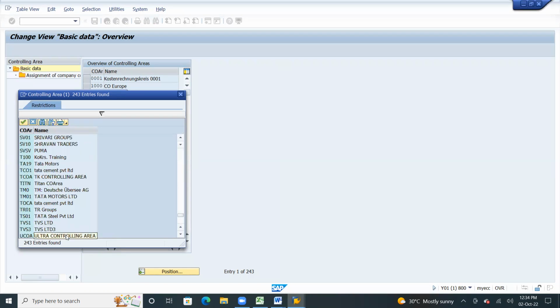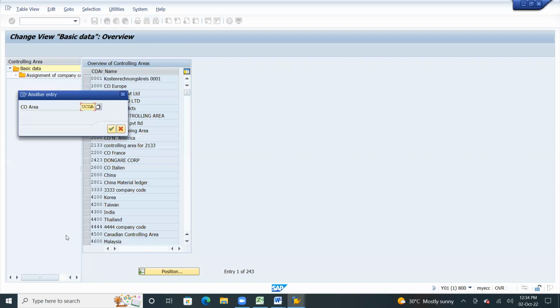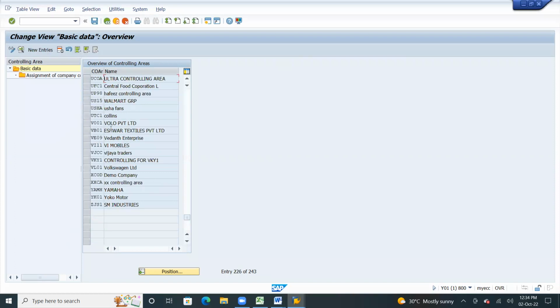You see OA. Okay, click on OK. So select your UCOA controlling area. Select the controlling area, click on the position button and give the controlling area,